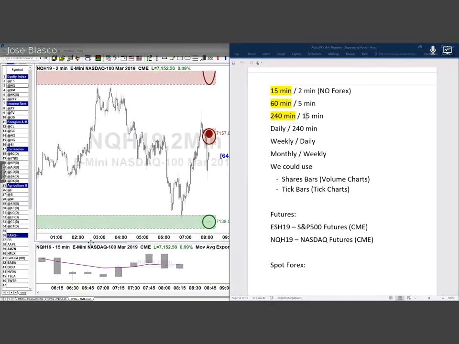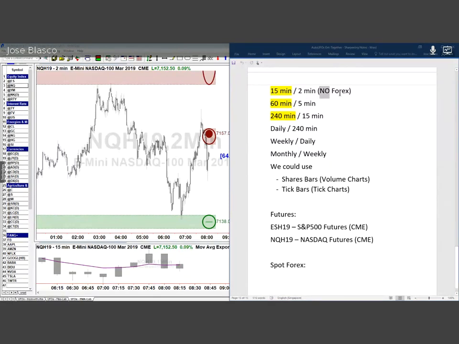So I just made a little mistake starting the session where I typed in the bottom chart 5-minute time frame instead of 15. So this has now been corrected, okay? And we are going to be following the initial combination that we have on the top of our notes, okay? 15-minute time frame and 2-minute time frame.